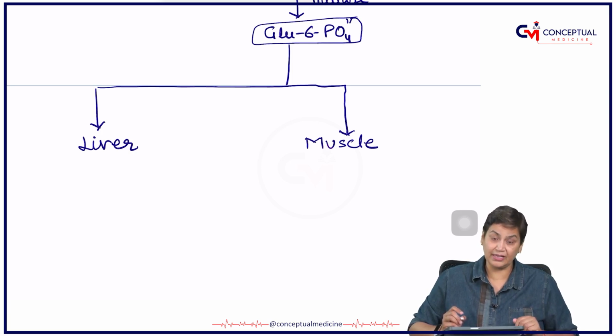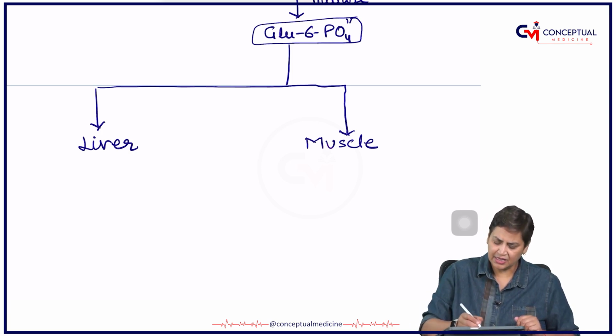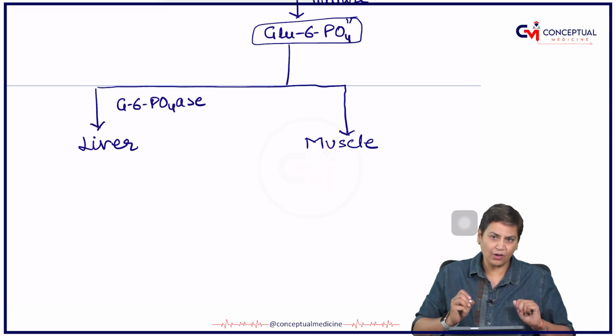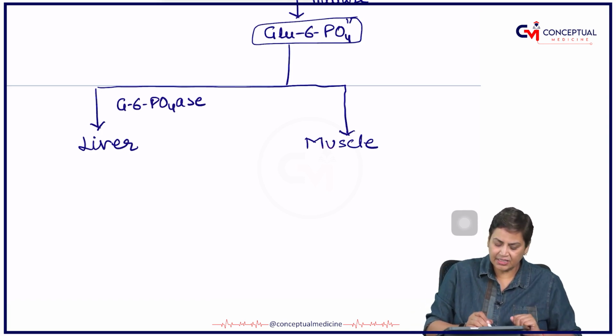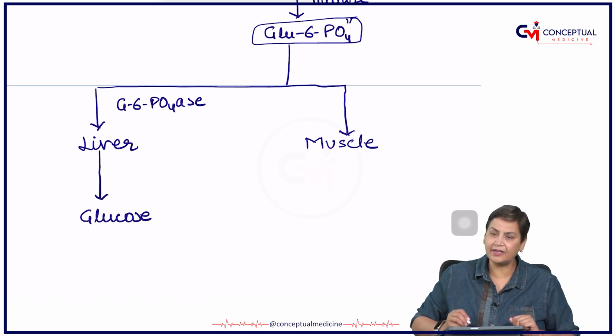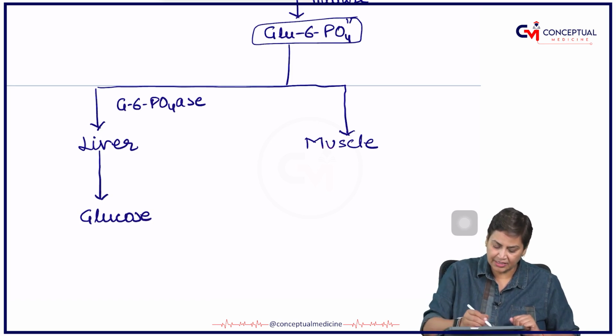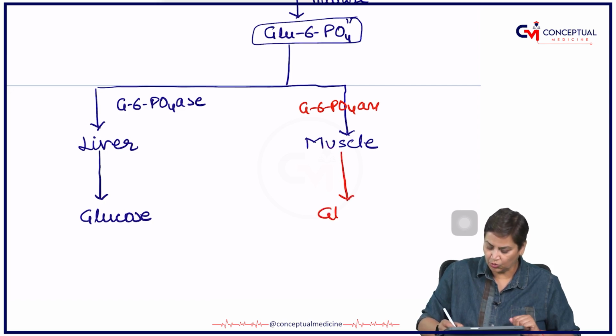So the name of the enzyme here simply is glucose 6-phosphatase. Now this glucose 6-phosphatase in the liver is going to form glucose, as simple as that. But in the muscle, this glucose 6-phosphatase is absent, so no glucose,